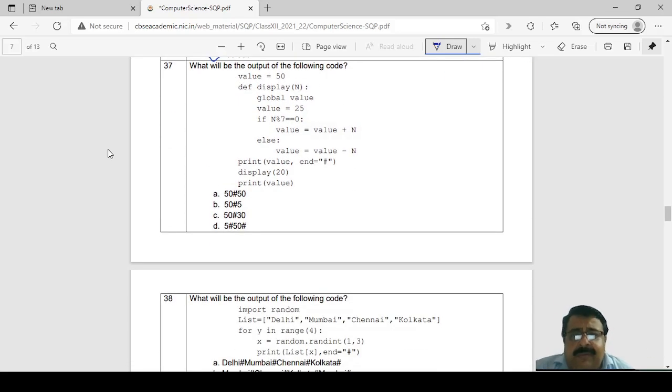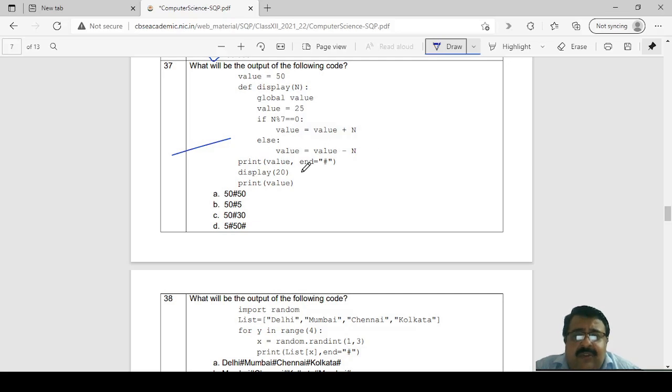Again, what will be the output of this code? value equal to 50, def display(n), global value, value equal to 25. If n mod 7 equal to 0, value equal to value plus n, or else value equal to value minus n.